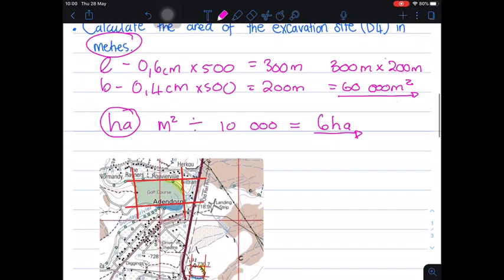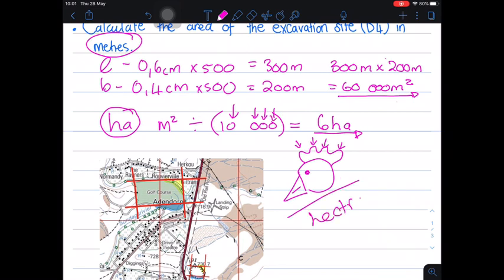And sometimes I find students forget how many noughts there are in that 10,000, because you are confused whether it's 1,000, 100, 10,000. And so I like to make up little things to help you remember. And so we came up with the hectic chicken, which is actually a rooster, but anyway. And my rooster has 4 little thingies on the top of his head. And those account for the 4 noughts that are going to be found in the 10,000. And so this is my hectic chicken,